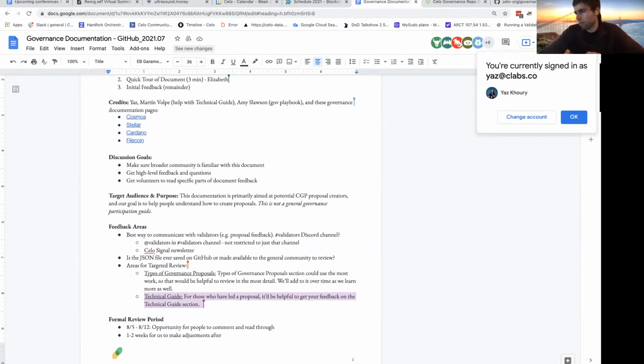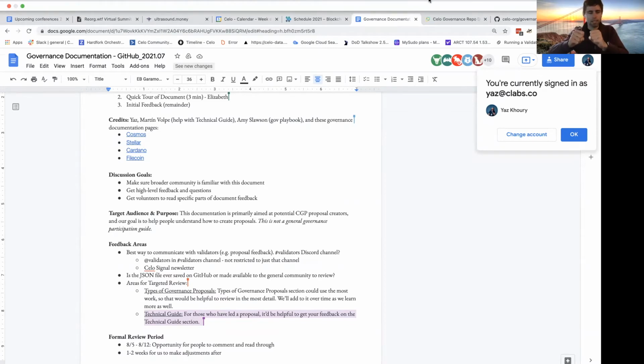So I wanted to see if there's anybody who could volunteer to read through either the types of governance proposals section, the first one that Elizabeth called out, which is saying, here are the kinds of governance proposals, and here's what to look out for specifically when you put a particular type together.